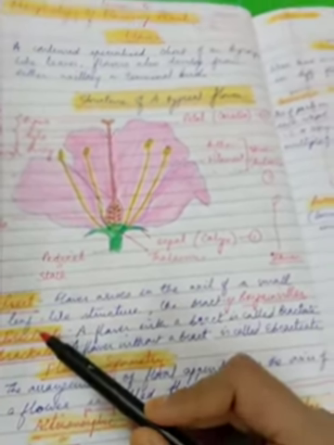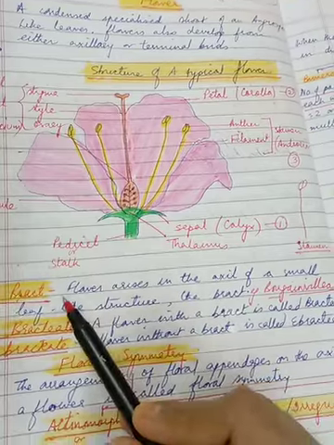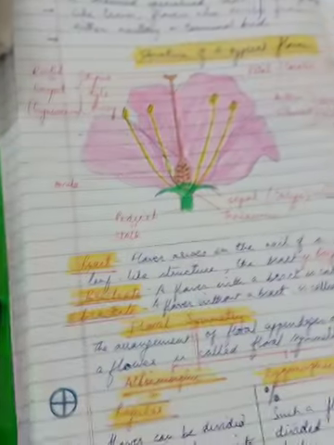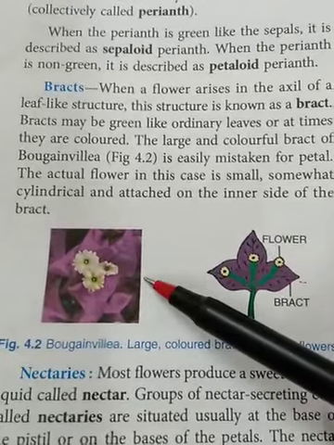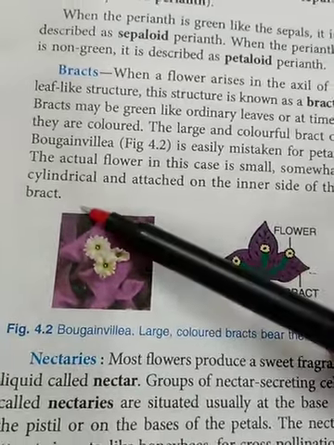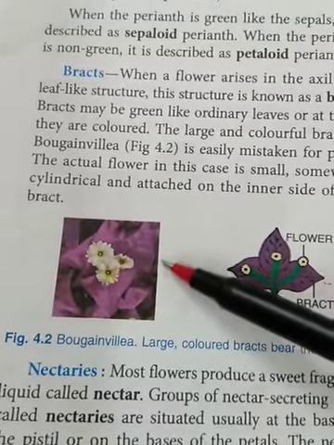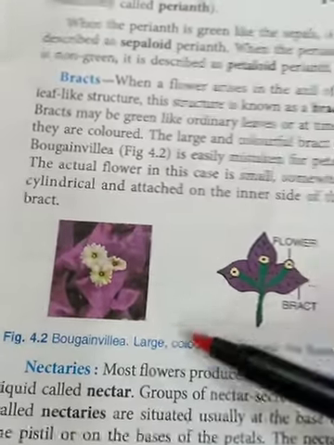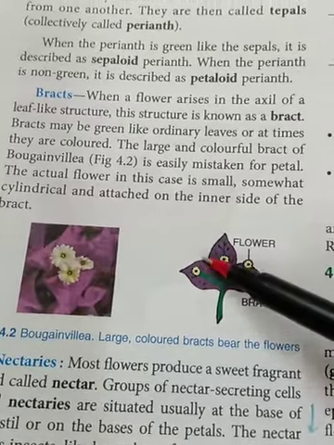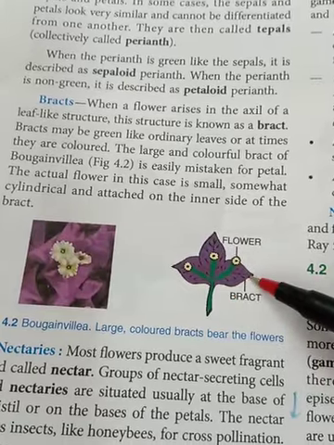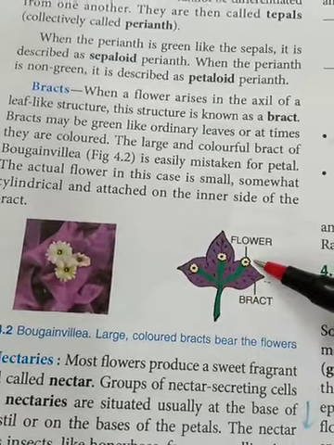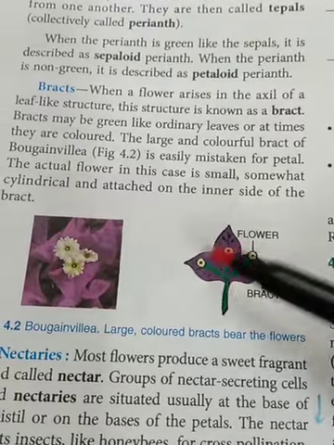Now here bract is a term. If we revise what is a bract, children, I'll first show you from your old textbook, maybe you recollect the same. This is your class 9th book, and this is a bract. So bougainvillea, if you remember, you have it near your assembly ground only, the pink colored flower, the pink colored bracts. You can see, children, especially here, the pink bright colored structure is actually nothing but the modified leaf. And where is the actual flower? It is white in color, inconspicuous and very small.